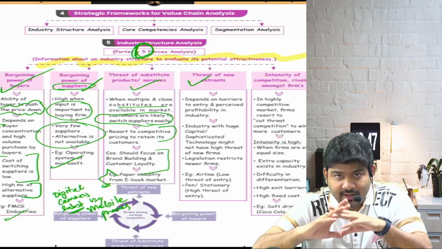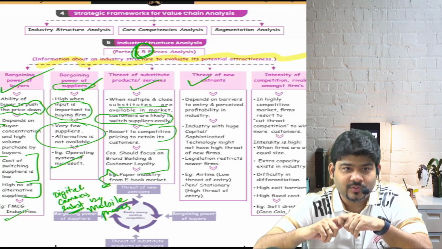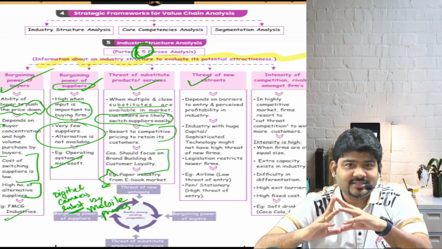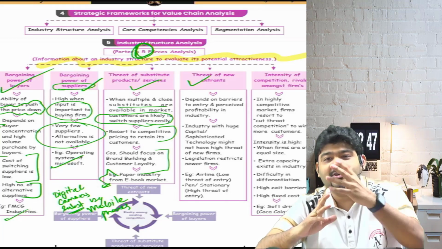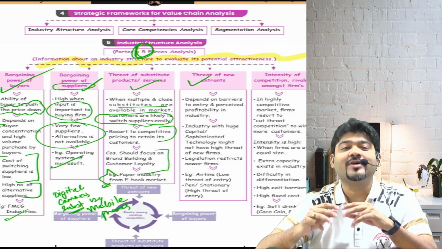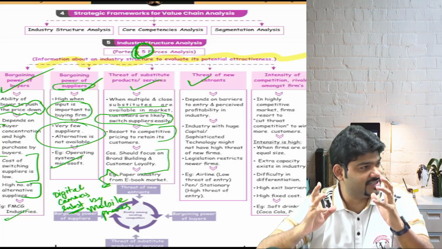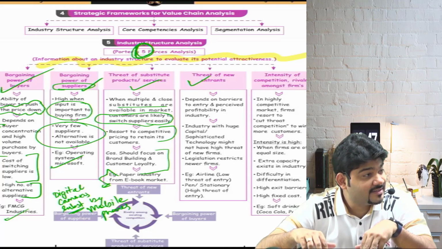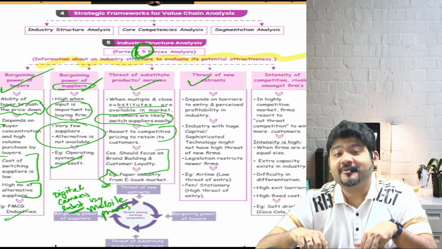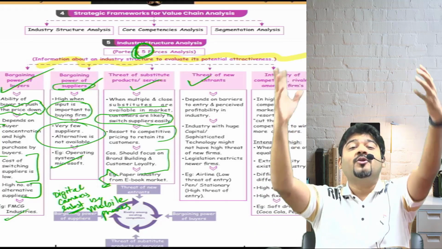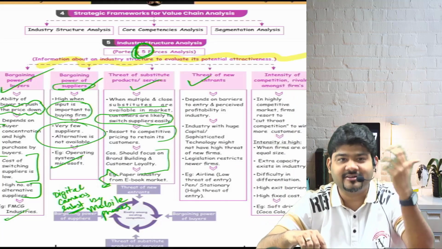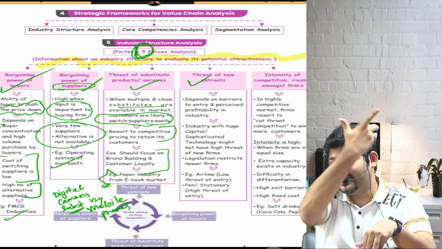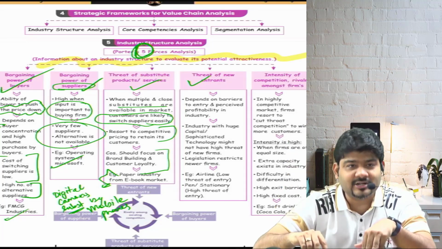Say for example, Reliance Jio. Does Reliance Jio really have a threat of new entrants? Yes or no? No way. In order to set up a telecommunication industry, you require 50,000 crores. Sorry? Starlink project. Okay, so that can be a global threat that can happen. Fair enough. Does Reliance Jio have an Indian threat? No. But yes, a global threat can happen from a Starlink project of Elon Musk.